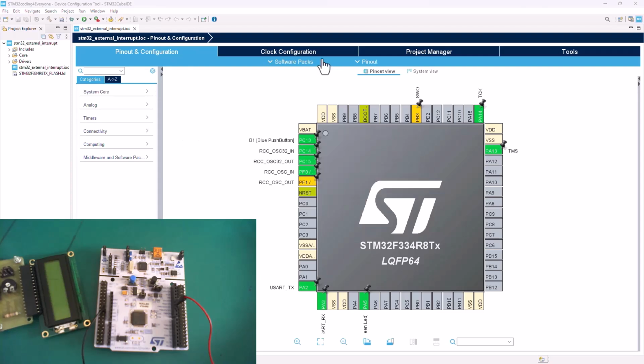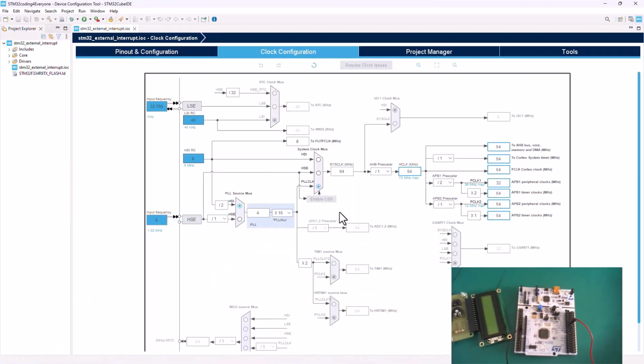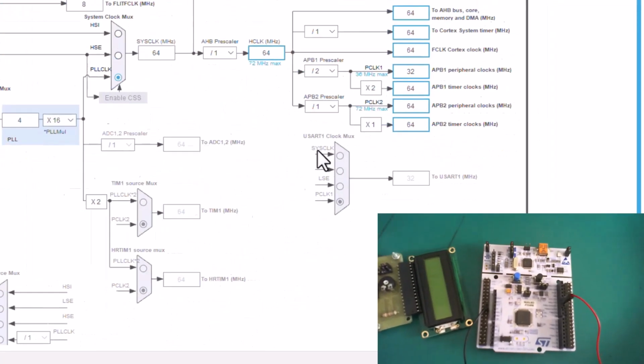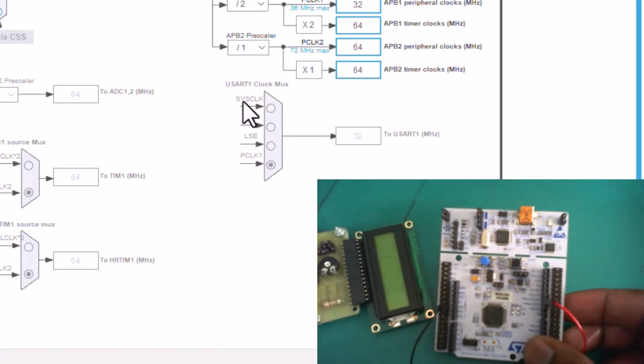Now, when you are here, click on the clock configuration. Those clock configuration here already got some default settings that you can basically just load into your program, because this default configuration is based on the board selection that you already select when you are creating a new project. Okay, I'm using the STM32 Nucleo